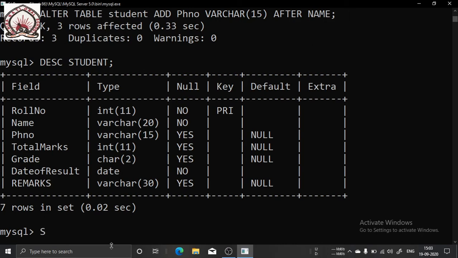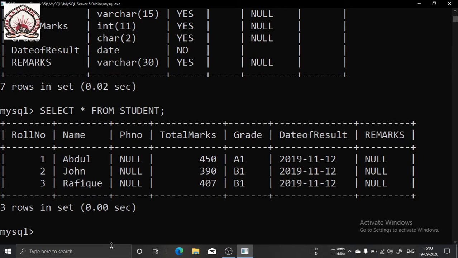And if you also give the select command, SELECT * FROM student, you can see the phone number column has been added. Because I have not inserted any values it is empty, but the column has been added in the particular location.